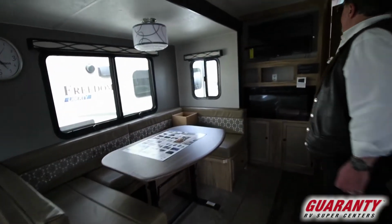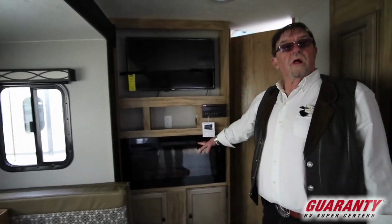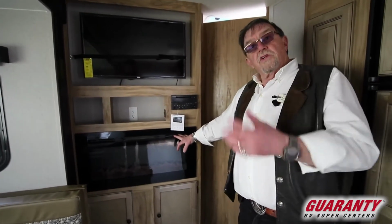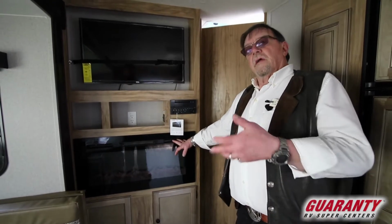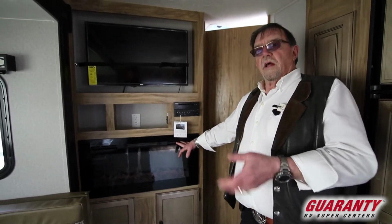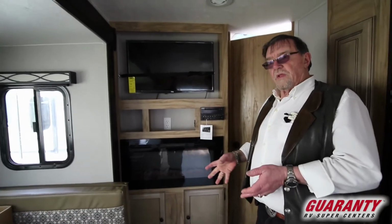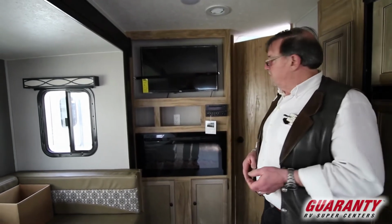We got the TV, and of course you can't go nowhere without a fireplace. So we got a fireplace, get you in the mood. You got mama out going camping. You got the wind, and you got the crickets, and you got the frogs and all that stuff. You're away from town for a few days. Kick the fireplace on after you put the kids to bed,